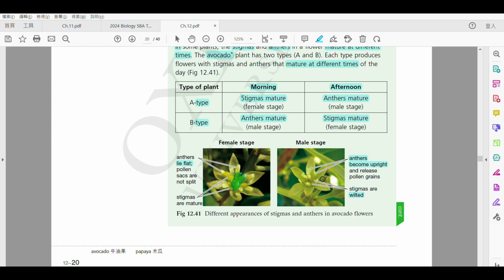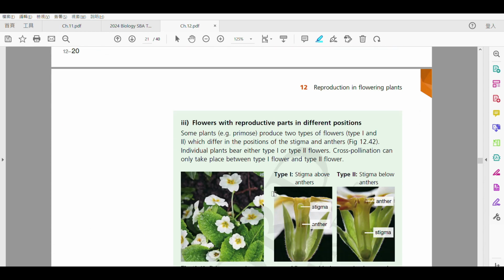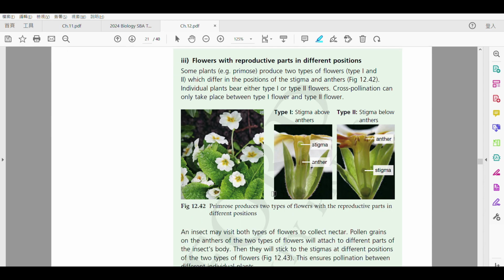So they're ready to release the pollen grain。而啦，as you can see the stigma. You may not be able to see it. Alright, so they are wilted. 佢哋已經謝咗啦，凋謝啦。Okay, so this one is type B. Okay, if we're talking about this morning part，得唔得？